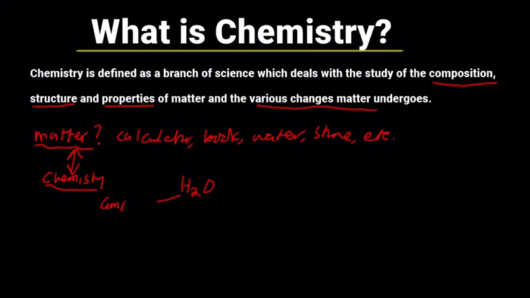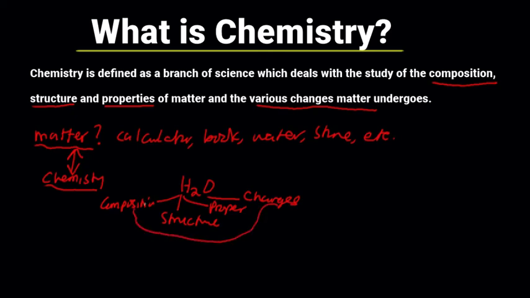If we study about the composition of water, and we also study about its structure, and we also study about its properties, and finally, the various changes it undergoes, then we are studying the chemistry